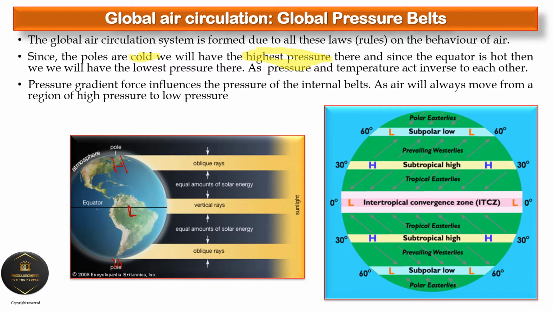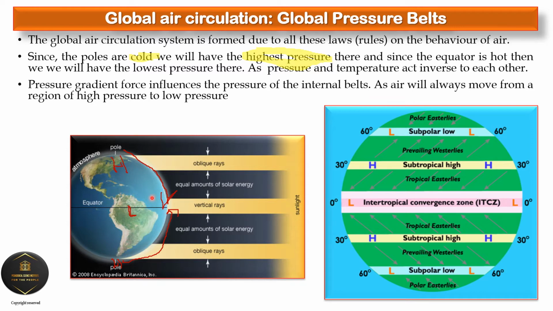It basically tells us that air will always move from a region of high pressure to low pressure. So our air will move from a region of high pressure to low pressure. So it moves from the pole to that. But you must take note of the fact that we also have some lines of latitude in between the equator